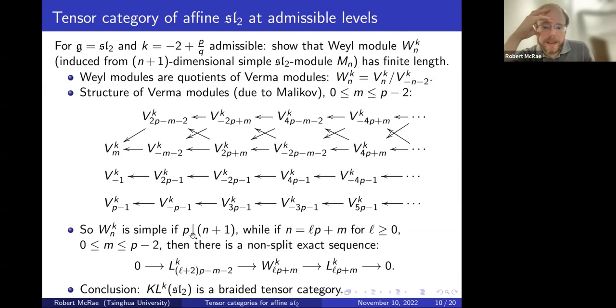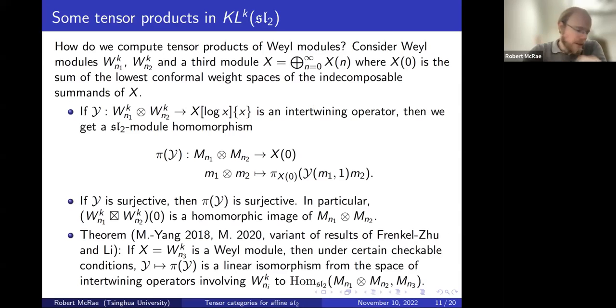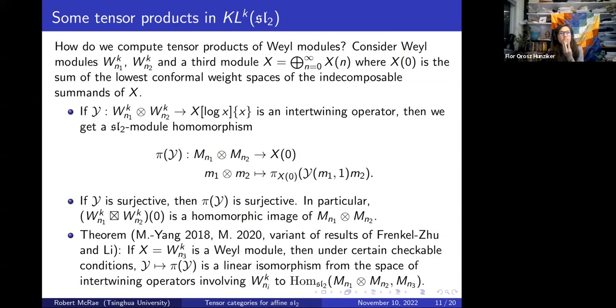And then in the case that n plus 1, which is the dimension of the SL2 module, is a multiple of p, you have these simpler embedding chains. So in that case, the Weyl module is actually simple, because the Verma submodule you have to quotient out is actually the maximal submodule of the Verma module here. So you get a finite length property for all of these, and the conclusion is that we have a braided tensor category. So once we have a braided tensor category...